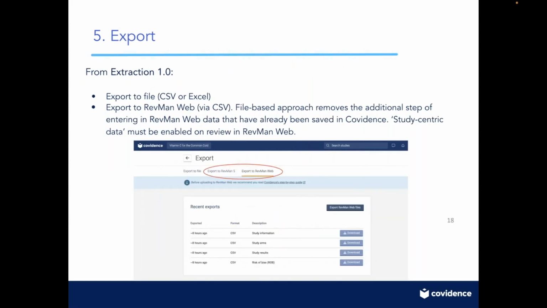Finally, something to highlight is that exporting in 1.0 is a bit different, because we have additional features for exporting your data from 1.0 extraction. As you can see from this screenshot of the export function in Covidence, if you are in extraction 1.0, in addition to the CSV and Excel formats, you have a built-in pathway for exporting information in a format that is compatible with Cochrane's Review Manager software,